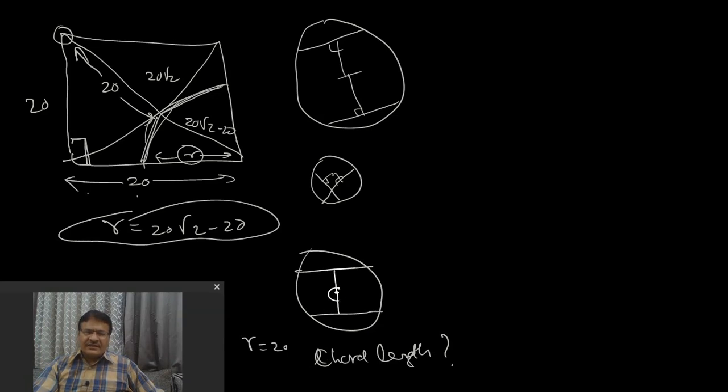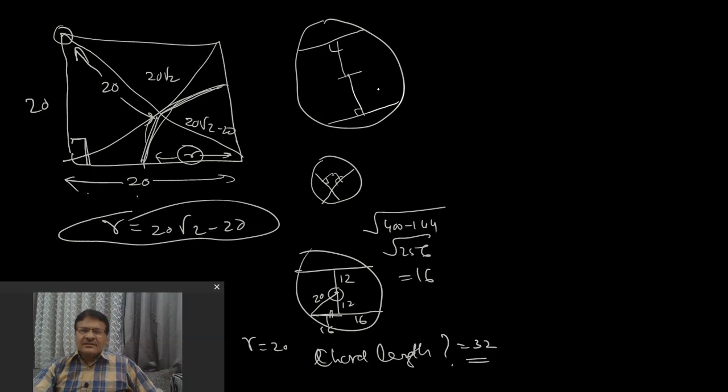Is that clear? Now, the distance between two parallel chords is 24. It means if this is the center, then this would be half, that is 12, 12. This radius is given to you, that is 20. So very simply we can determine it by Pythagoras. That is under root of 20 square minus 12 square. So 400 minus 144, so under root of 256, which is equal to 16. If this length is 16, then again this would be 16. So 16 plus 16 would be 32. So chord length would be 32.